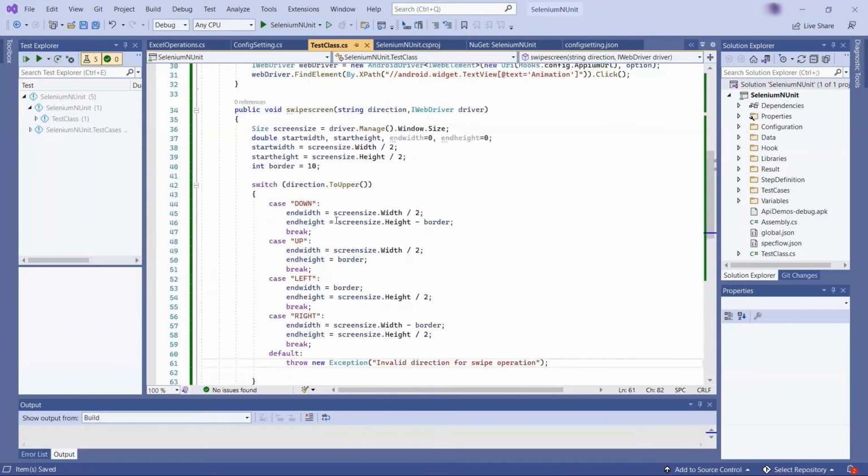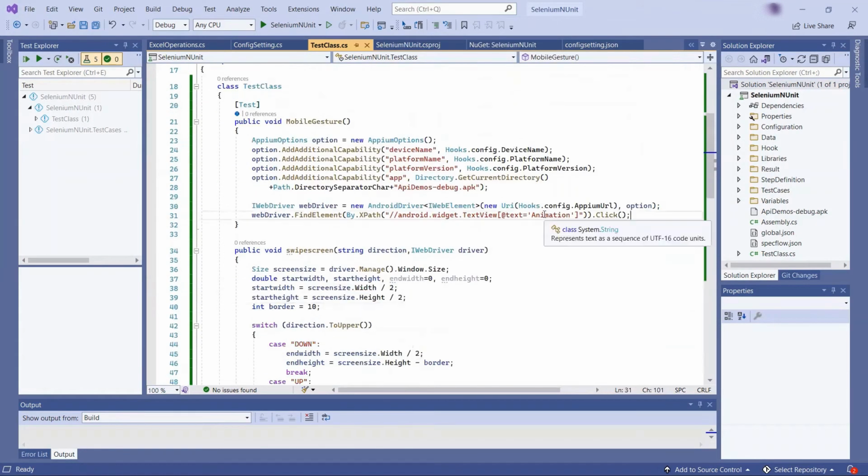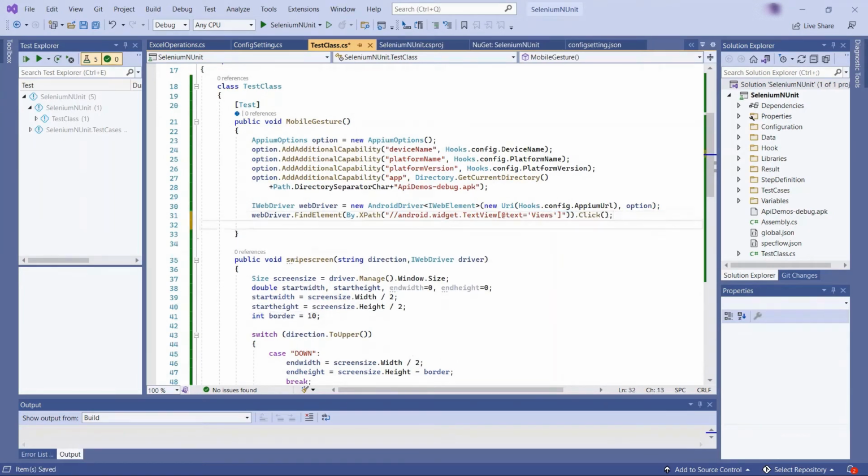Now I'm going to open the app and we'll click on views. And then we'll perform the swipe up and down operation. So for that, let me update the code to click on views. And then I'm going to call the swipe screen method for swipe up and swipe down.